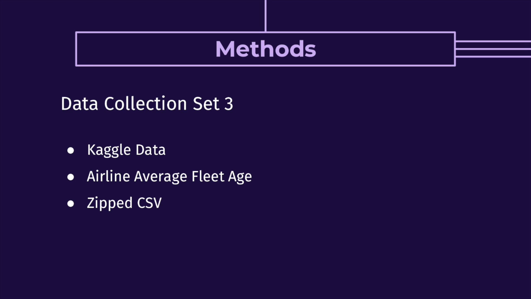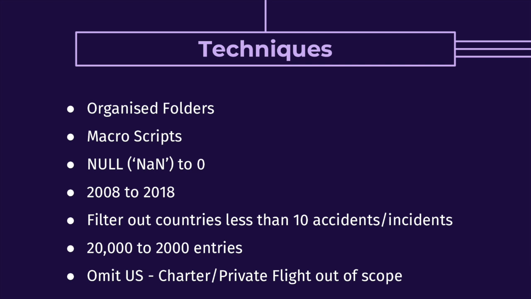The final dataset that was used to understand the age of aircraft operating within a country and how this influenced aircraft accidents or incidents. The dataset for this information was gathered from Kaggle statistics and downloaded as a zipped CSV file containing airline operators and their aircraft's average fleet age. For the ease of access to datasets with the CSV files, they were all stored within folders correlating to a type of graphical visualization. This ensured filtration of one file didn't impact on another visualization using the same dataset.